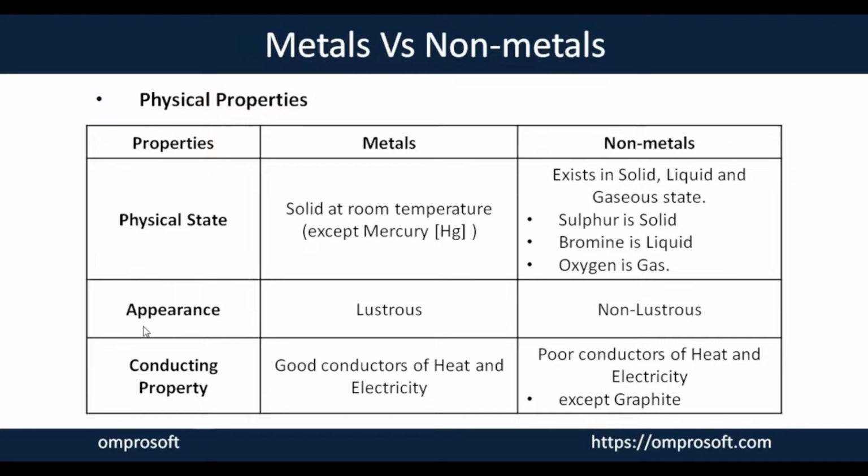The next physical property is appearance. Metals are lustrous, they are shiny, but non-metals are dull, they are not lustrous. Next one, conductivity. Metals, because they have free electrons in their atomic structure, are good conductors of heat and electricity. But non-metals are poor conductors of heat and electricity. They do not have free electrons in their atomic structure. Except graphite. Graphite is the only